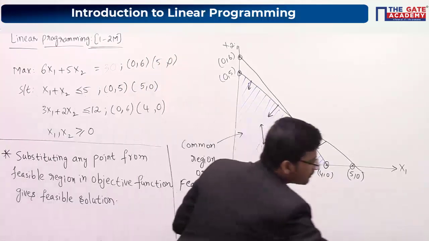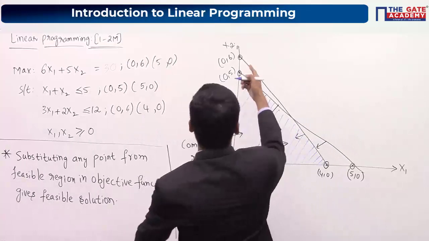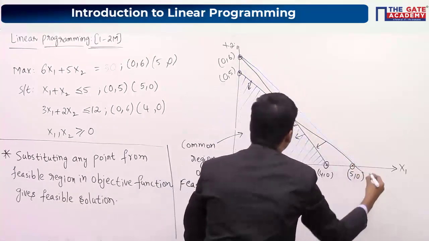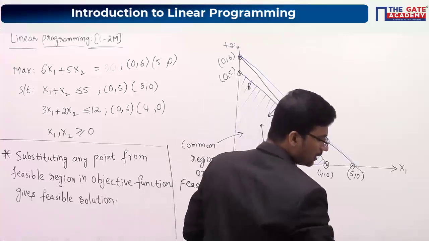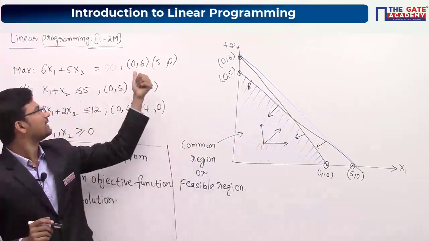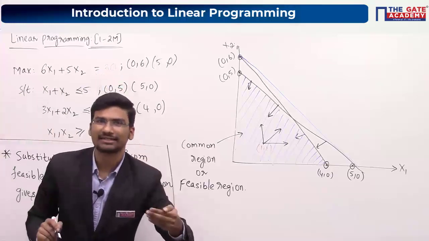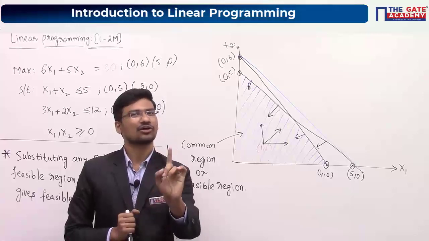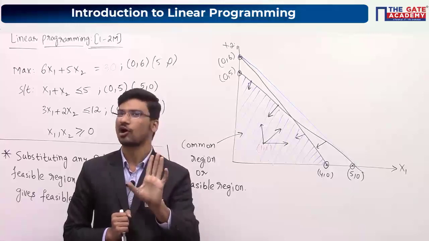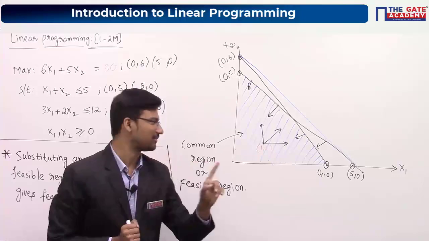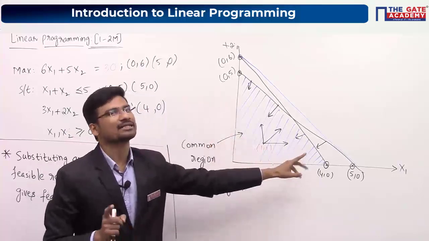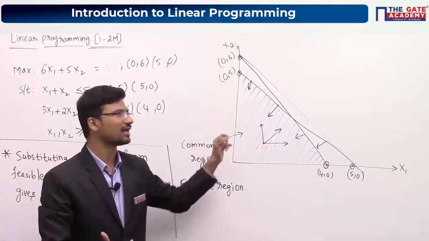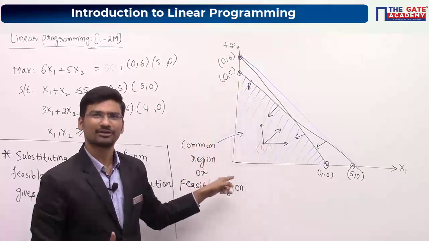So plot this particular objective function. So (0, 6) and (5, 0). So this will be your objective function. Now whatever the assumption which we have taken, z equal to 30, is it correct? So please follow the things, okay? So I am giving you the reason. No need to worry. So Saurav, have you got why we are interested in the corner, why we are interested in the boundary points? That means obviously you will be getting a better solution on the boundary of this feasible region. That means our optimal solution will also lie on the boundary of this particular feasible region.